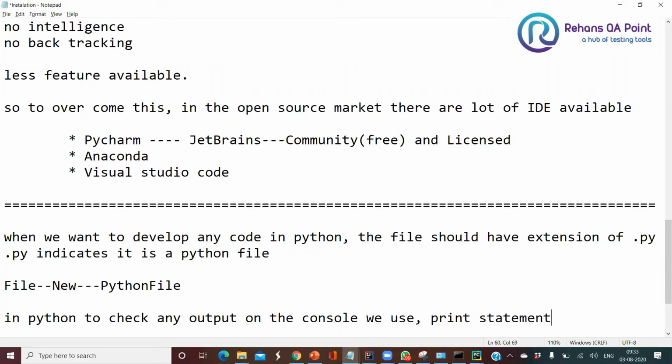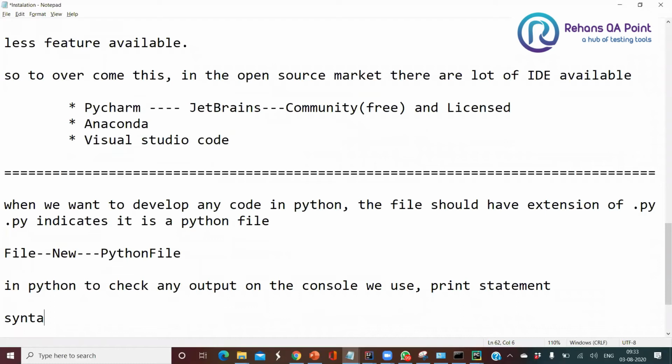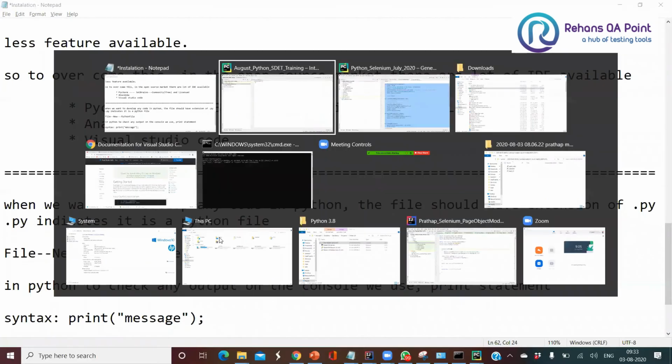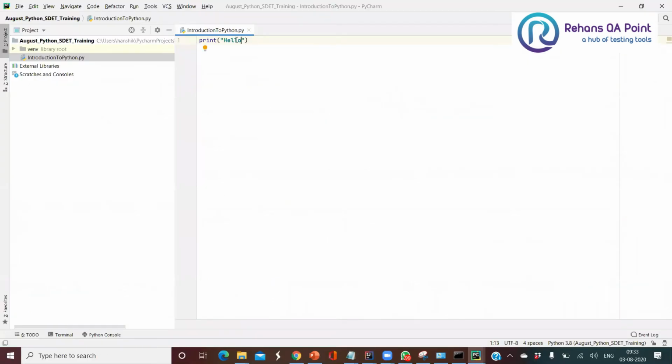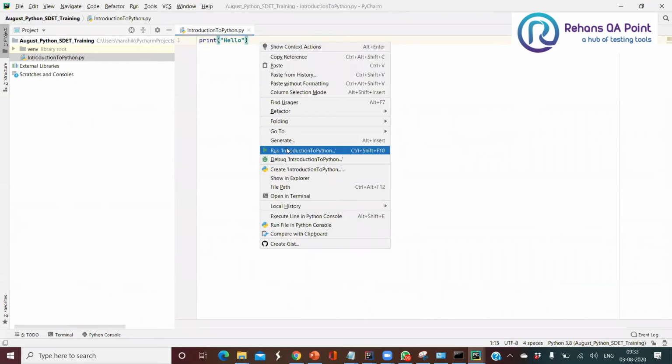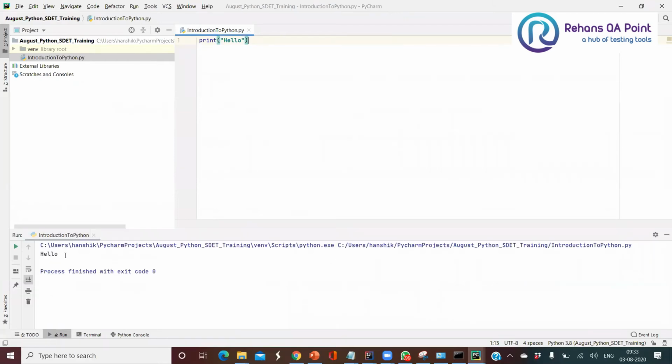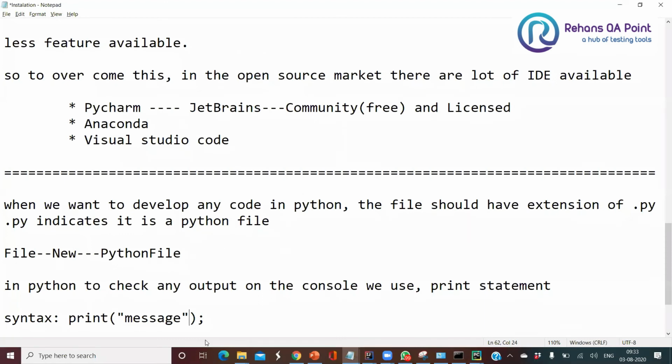The syntax is print, parentheses, and inside that we write whatever message we want, in double quotes. Now run your code, right click, and you should be able to see your output getting printed on the console.